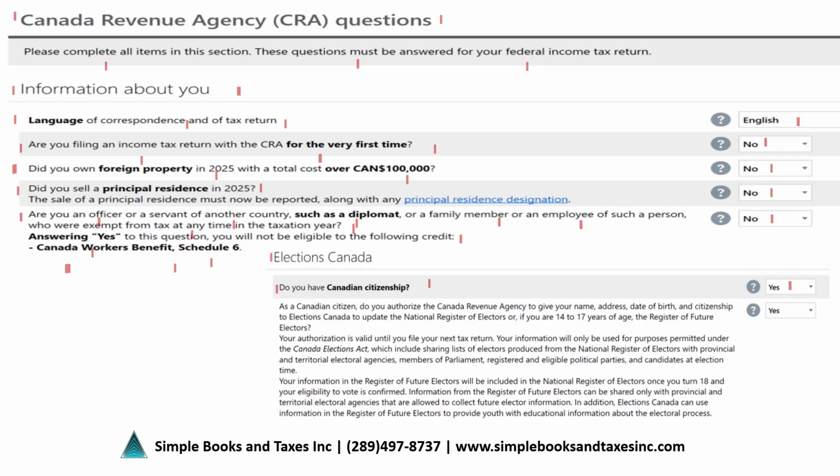Elections Canada. Do you have Canadian citizenship? In our example, yes. As a Canadian citizen, do you authorize the Canada Revenue Agency to give your name, address, date of birth, and citizenship to Elections Canada to update the National Register of Electors, or if you are 14 to 17 years of age, the Register of Future Electors? Your authorization is valid until you file your next tax return. Your information will only be used for purposes permitted under the Canada Elections Act,